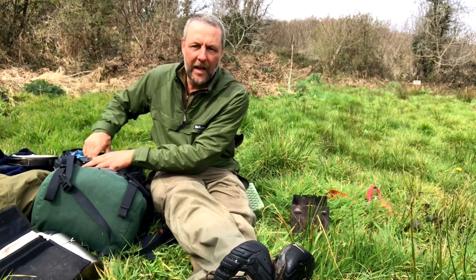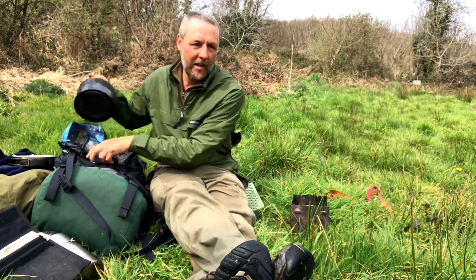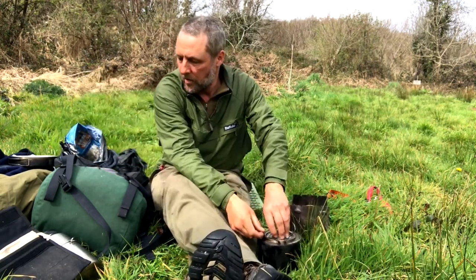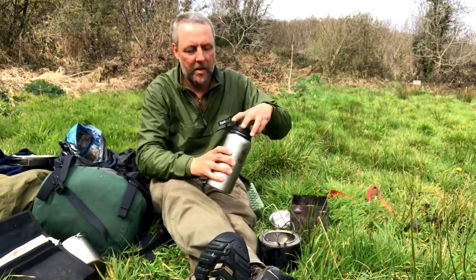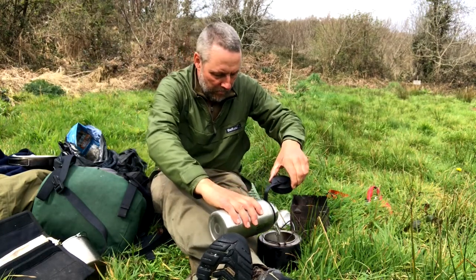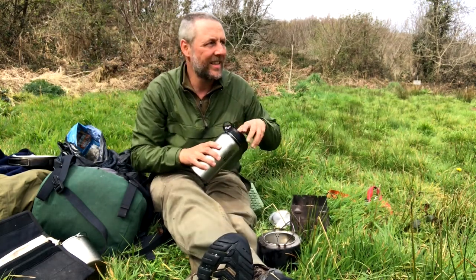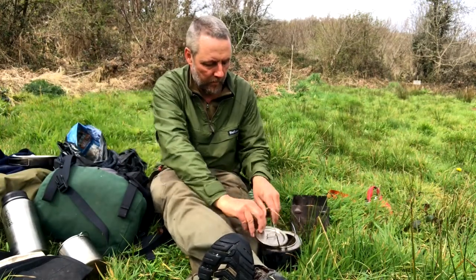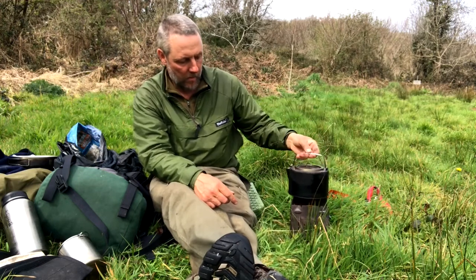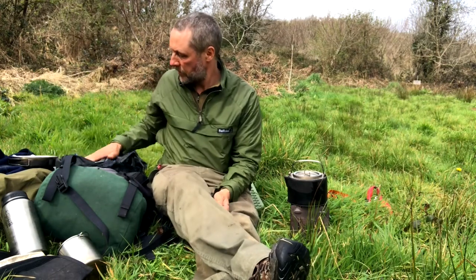So the kettle's going on again because I've got treat food. Well, it's a treat for me because I don't have it very often, which we'll see in a second. Let's fill this up. Should be enough. Okay, kettle's on. What have I got for lunch then? What is treat food? Well,